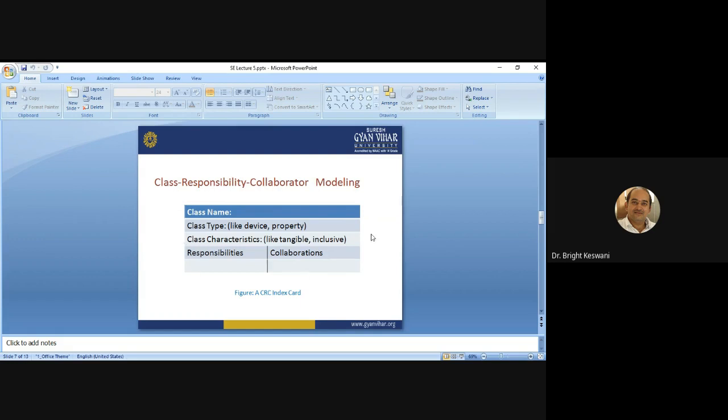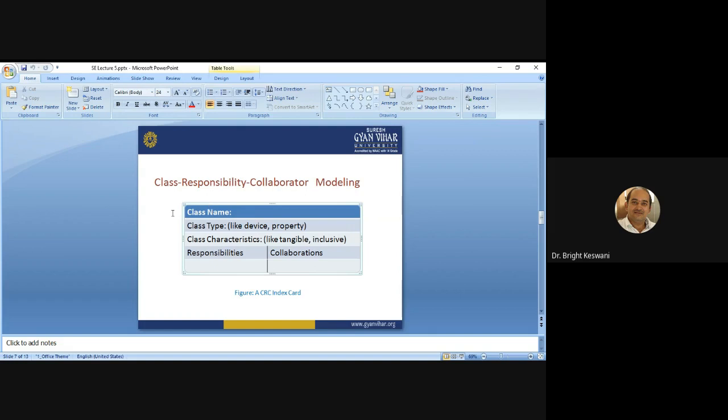A CRC model is a collection of standard index cards that represent classes. You can mention the class name here, the class type like device or property, class characteristics like tangible or inclusive, and what responsibilities and collaborations this class has.